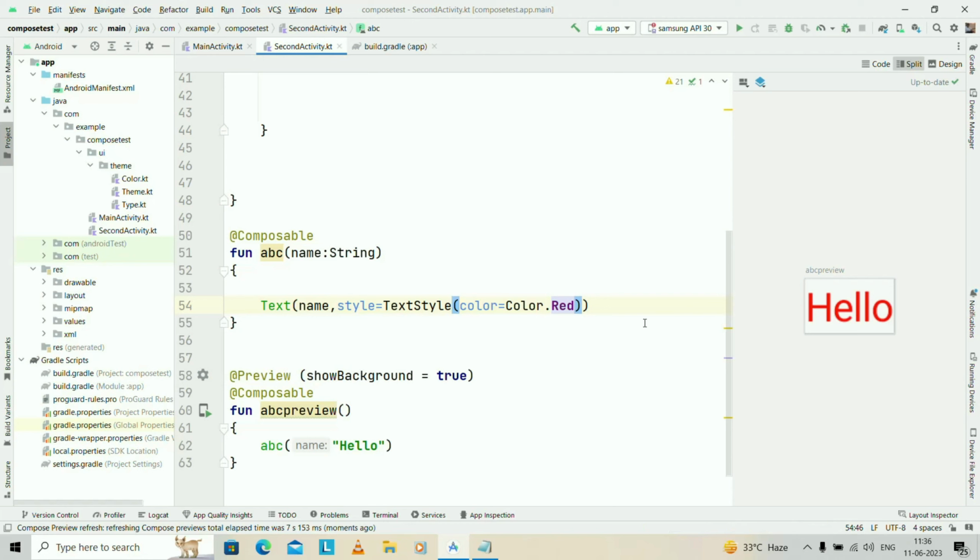So here it is in the red color. If you want to go with the green and others, you can, or you can also use your custom colors. I will describe that too. And one more thing that is important: you can provide the font size. If you go for the font size, you can say comma,